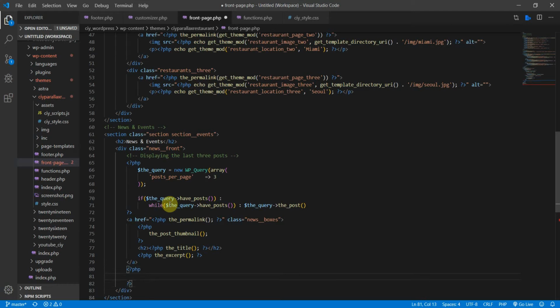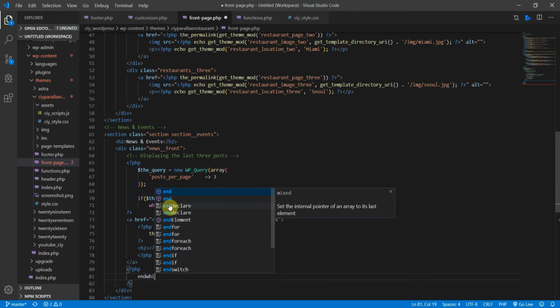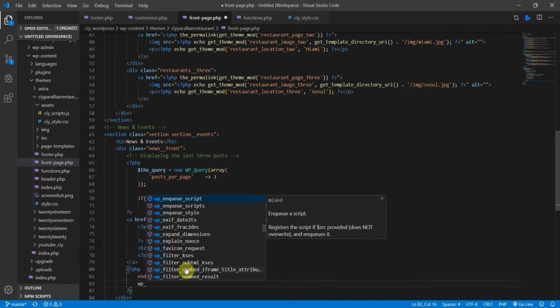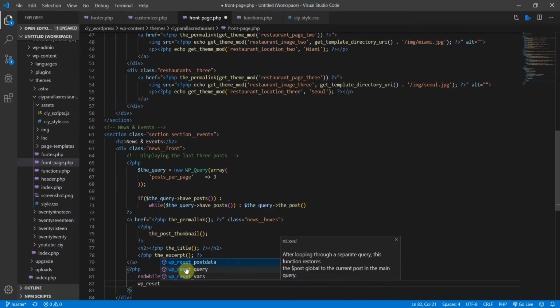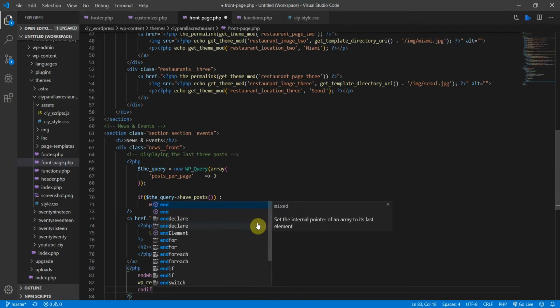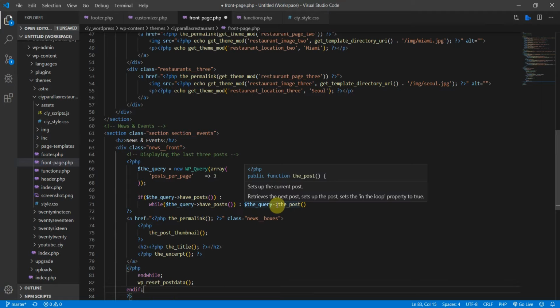like so. So what we're going to do now is end the while loop like this, and then we need to bring in a WordPress function. We have to reset the query here, otherwise this query will go on forever. So let's do that. So wp underscore reset post data. Okay, it's important to use this function if you use a custom query like this. Okay, and then let's also end the if statement. So end if like so, and let's